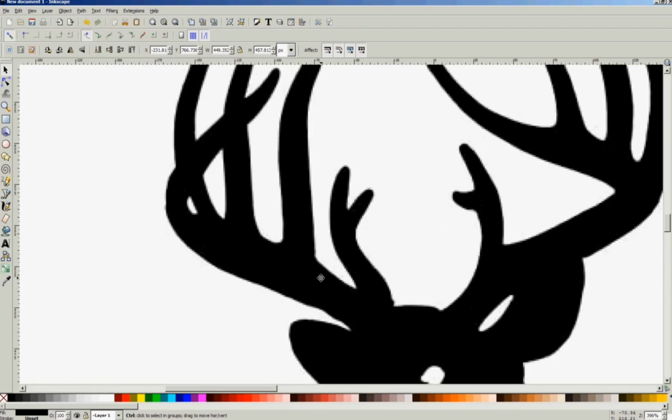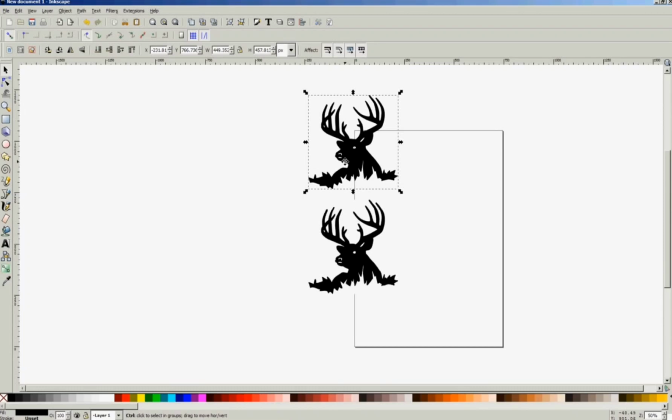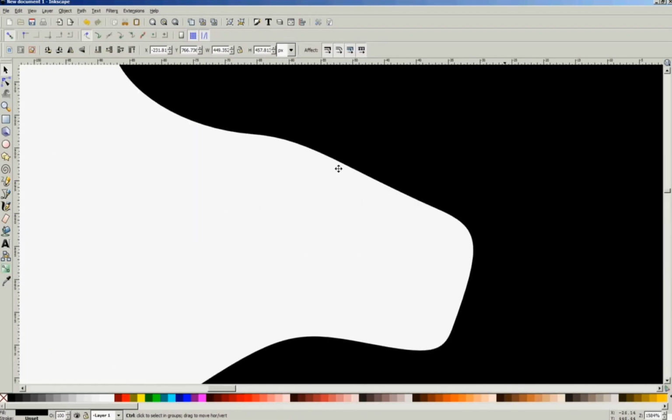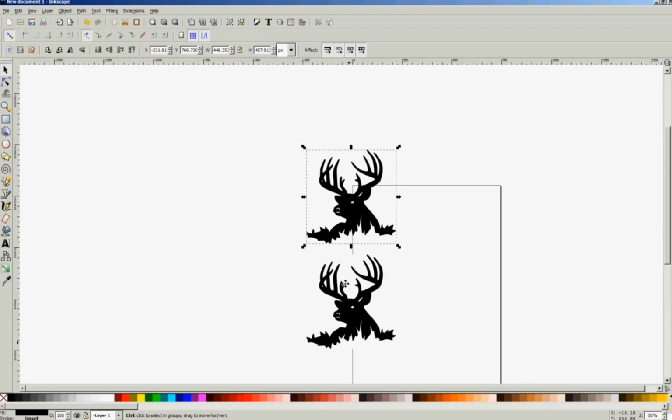Okay, going back into the raster, remember the raster has pixels. A vector image is based upon mathematical calculations, and look how smooth those lines are, and those lines are going to be much more usable. So delete the old one,